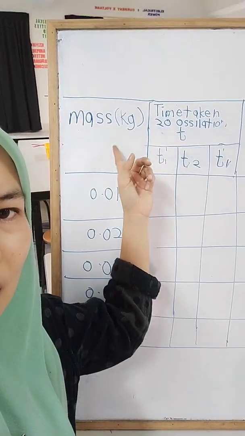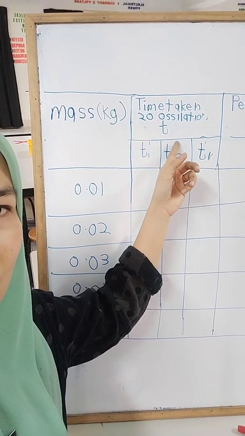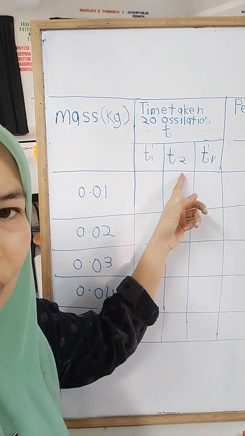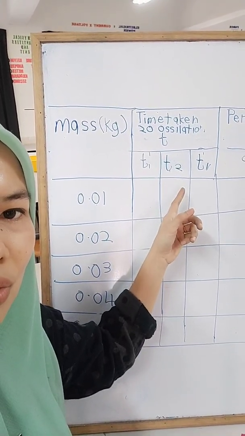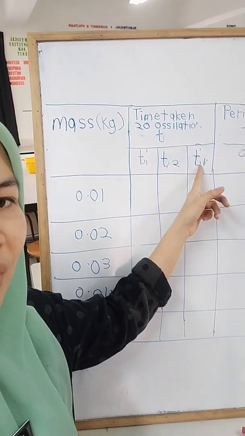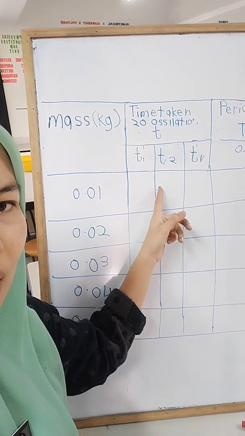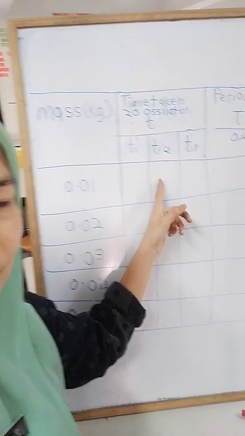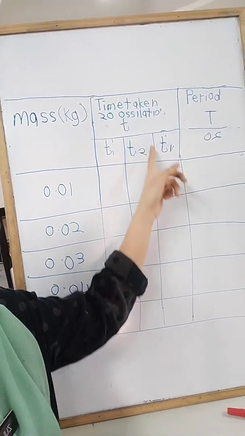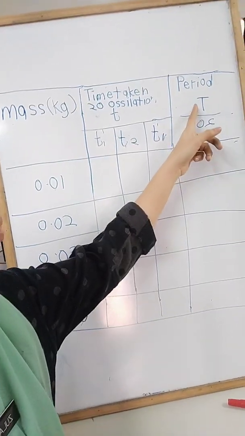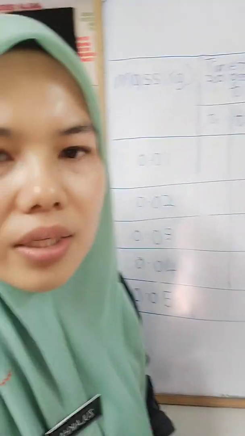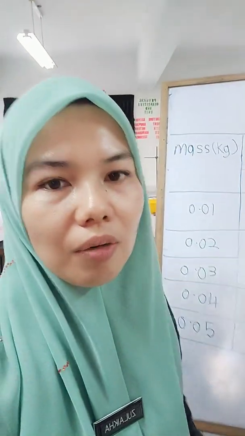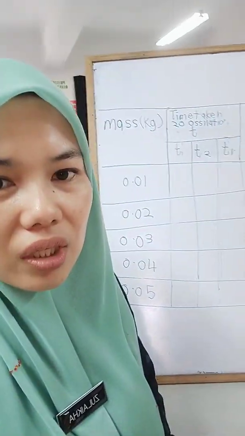Okay, mass, time taken for 20 oscillations. We're going to do this measurement 2 times or 3 times. Make sure you have the average value. Okay, record each reading 2 times, and we're going to find the T average and also the period of the oscillation. Okay, in this experiment you have to understand we cannot measure the period of oscillation straight away